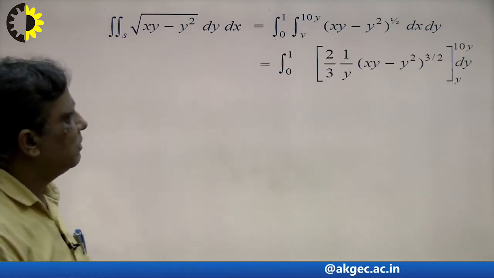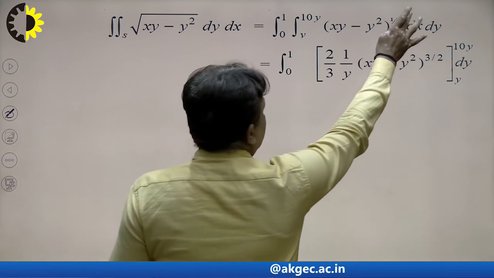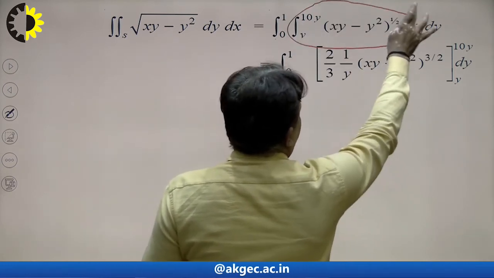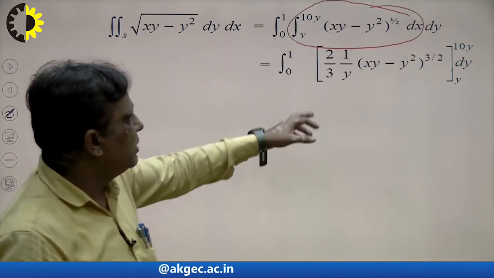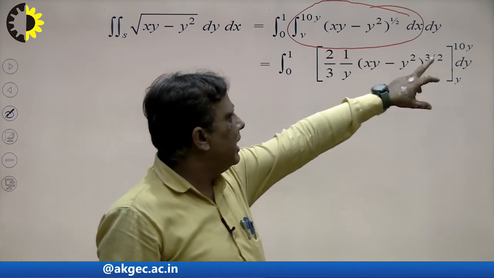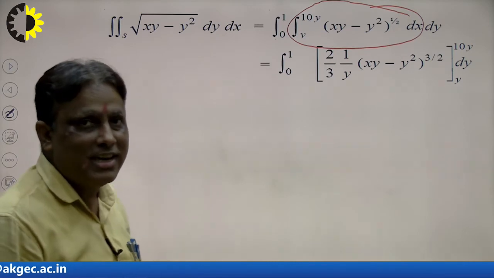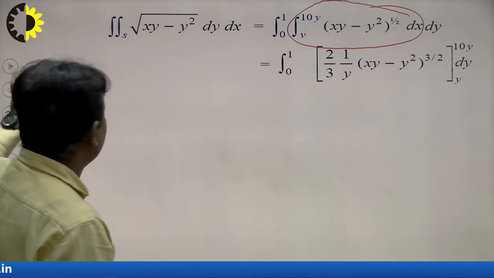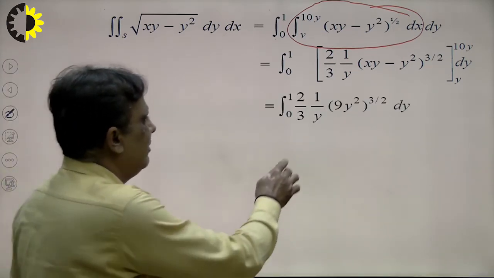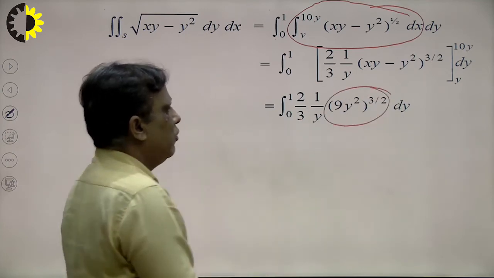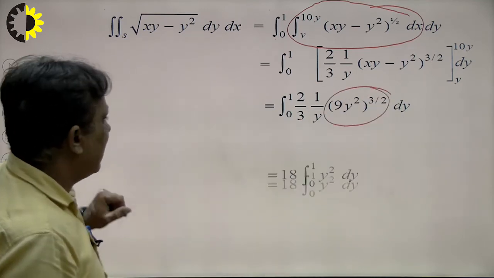So first of all, to solve this, we integrate with respect to x. What will be the conclusion here? x y square by 3 by 2, and I write here 2 by 3, and 1 upon y is the constant and divided by. So how to solve? Upper limit minus lower limit. So the value will be this, upper limit minus lower limit. I simplify these terms. So what will be the conclusion here?